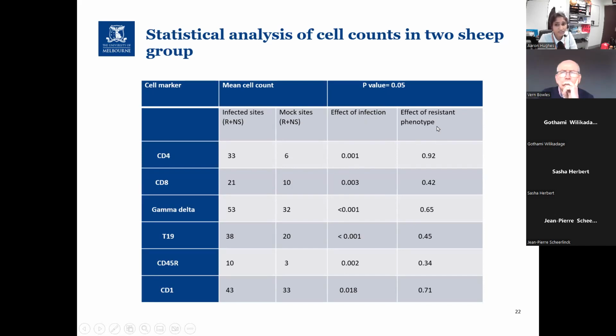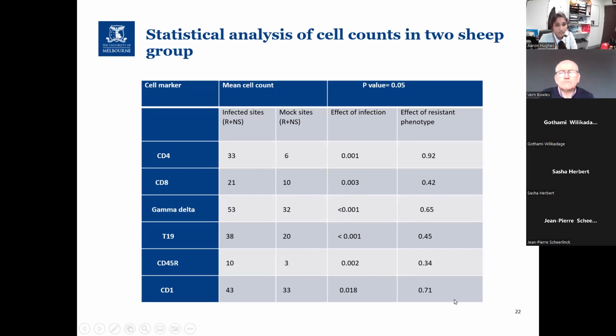And when we see the effect of Flystrike resistance on the differences that we have observed in the infected and mock sites, we see that it's higher than 0.05, meaning that it's not statistically significant. Similarly, in other cell types, we can see that the effect of infection is statistically significant, but the effect of resistant phenotype is not statistically